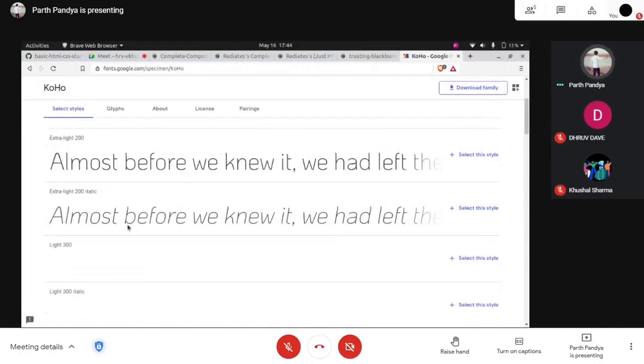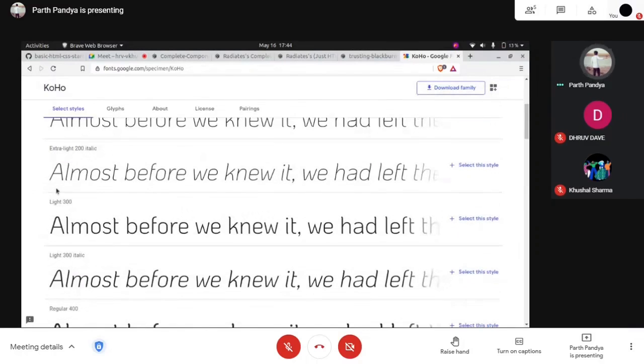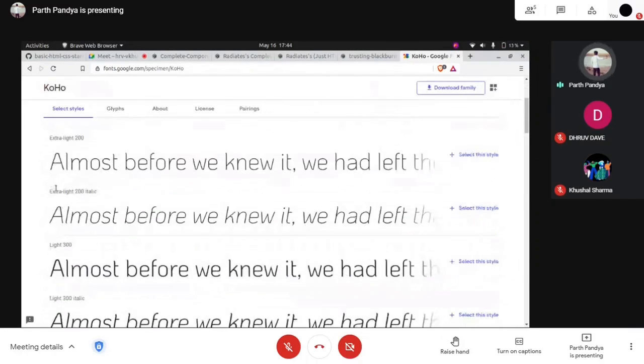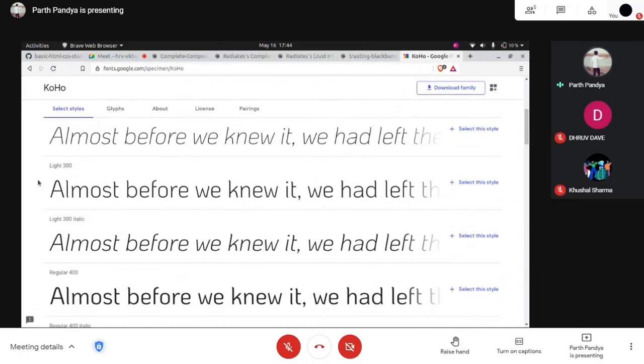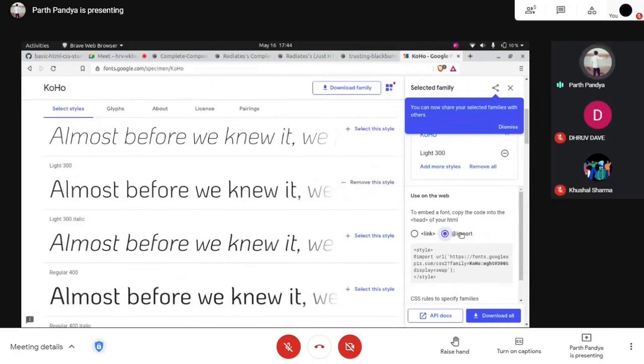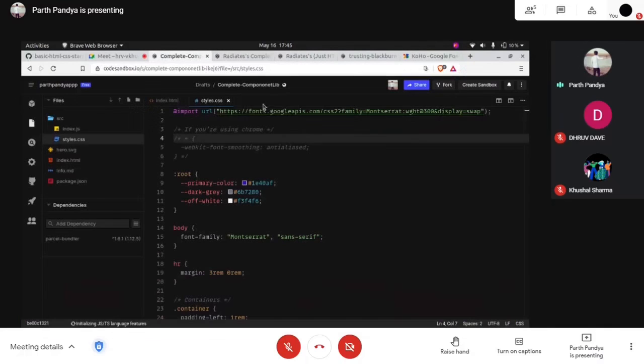So what you will see for the styles: if you want extra light 200, extra light 200 italic, you want the text to be italic, you want light 300. Yes, I want this. You will select the style, go to the import section, simply copy this, and then just paste it at the top.